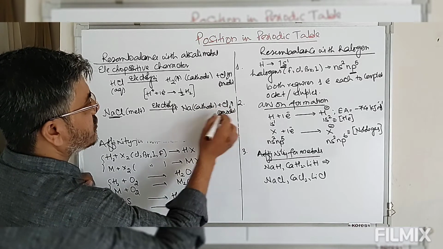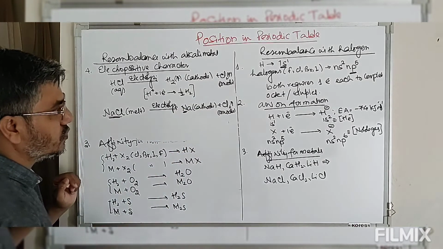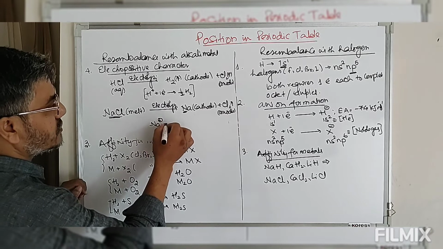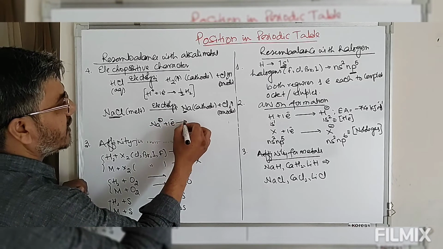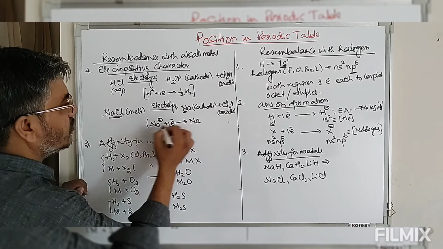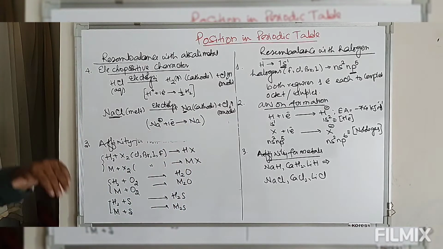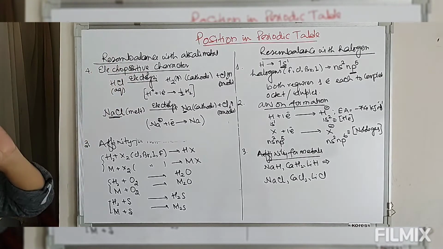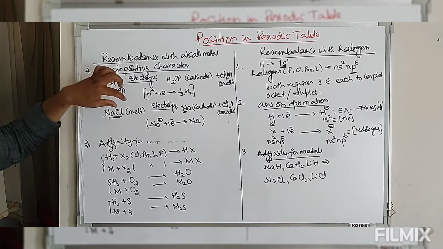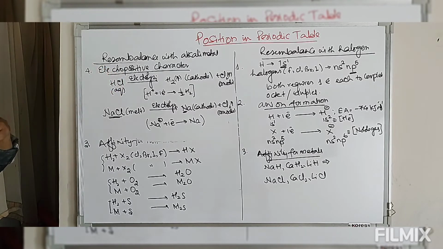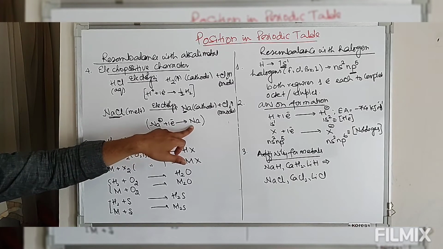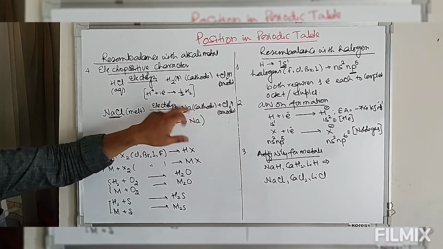So again, look at this, sodium metal is formed at the cathode. The reaction is: sodium plus takes one electron and is converted into sodium. So now look at this, the alkali metal compounds with halogens, that is sodium chloride, sodium bromide and sodium iodide. Now we heat it, melt it. In melt form we have sodium ion. Now this sodium ion is reduced to give you sodium metal. So this is the reason why sodium is formed at the cathode.